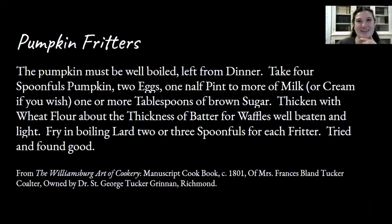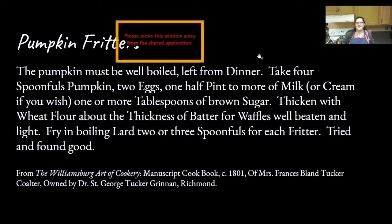Yeah, we've already got a comment about frying it in lard. Yeah, we're not frying it in lard today. We're going to be using vegetable oil, although lard and butter were the two most common frying mediums as far as I'm aware in the 18th century. Also surprised that they made waffles back then. Yeah, we've got a great waffle iron here at Gunston Hall. Unfortunately, I can't use it in our modern kitchen,